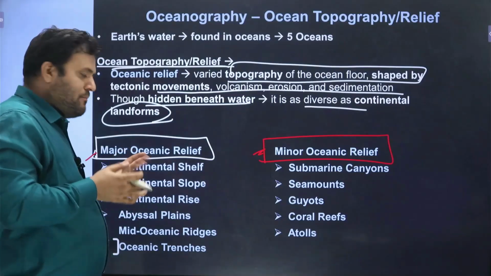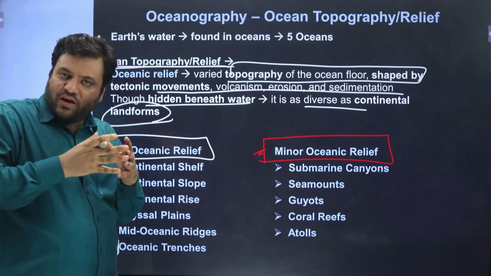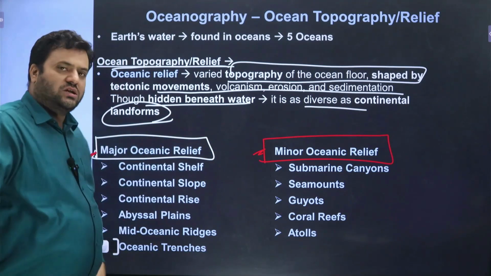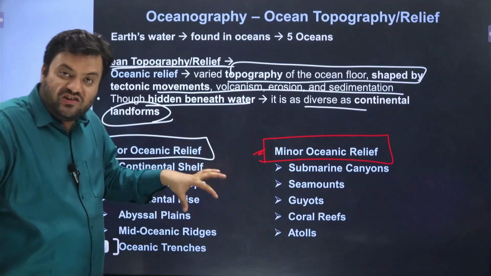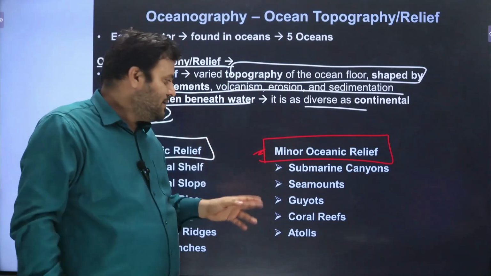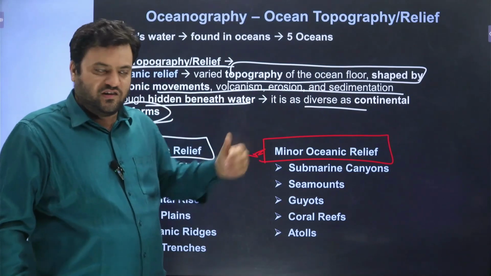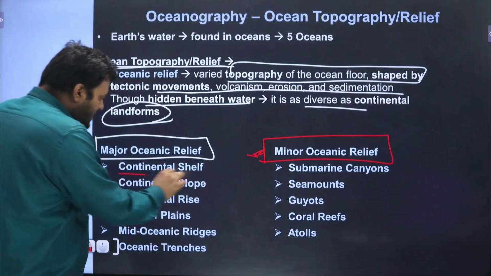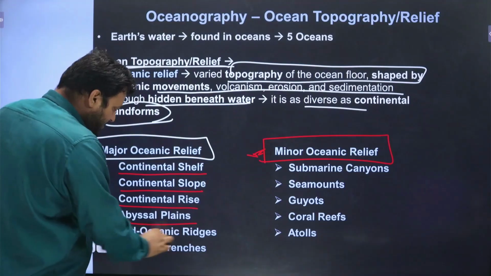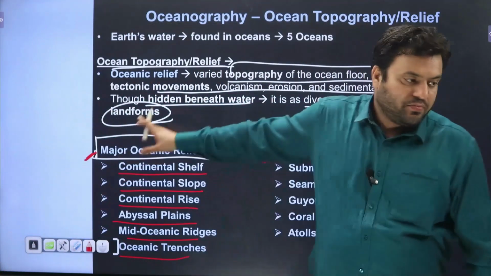But when you have a major height-wise expansion and a major horizontal expansion, those features are under major oceanic relief, major oceanic slope features. And when you have a smaller expansion, for example, they are known as minor oceanic relief or minor oceanic features. So you have the continental shelf, the continental slope, continental rise, abyssal plain, mid-oceanic ridges, and oceanic trenches. These are the major oceanic